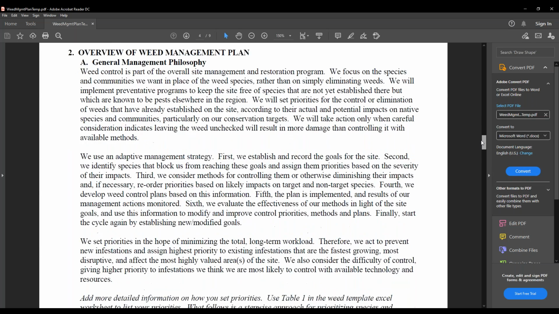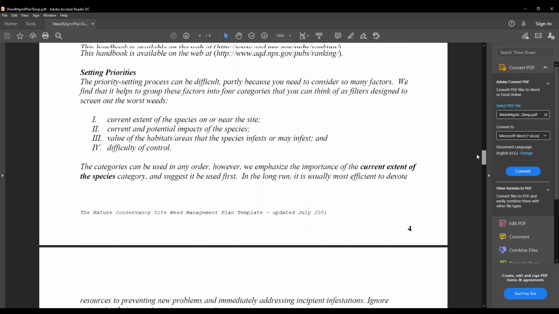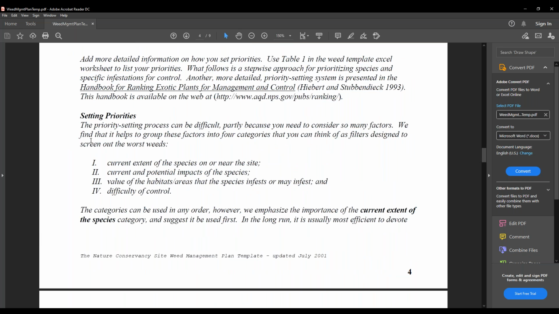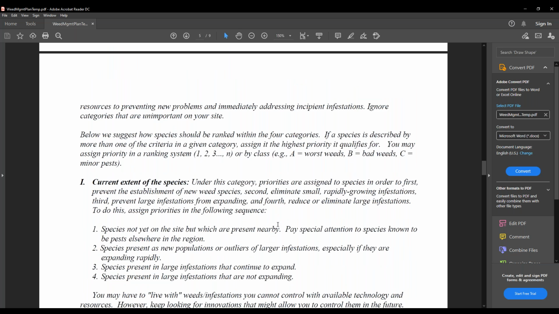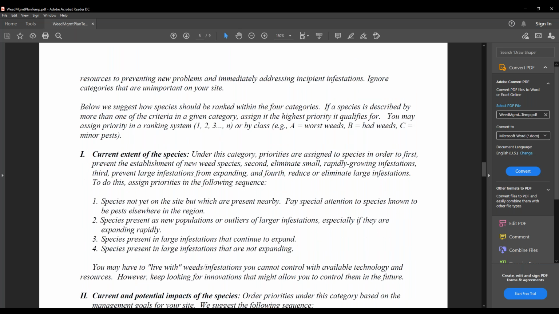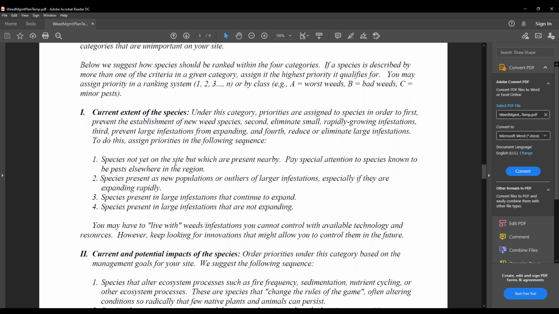It gives an overview of invasive species management, the plans you might make, and then it gets you into setting your priorities. Here it takes you through a similar process to what we did with the web tool of writing prompts, tells you the extent, and then this is a preset list. This is the framework that the Nature Conservancy came up with. I adapted it for what was working at my properties, and I encourage everyone else to do the same. But it gives you an idea of where to start from if you don't have your own